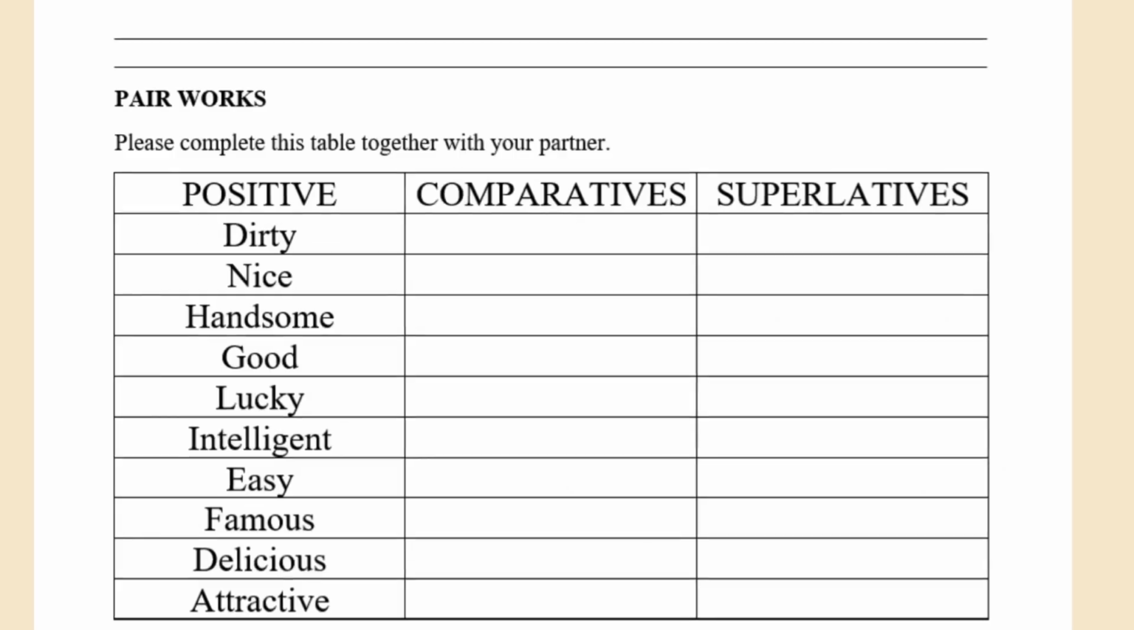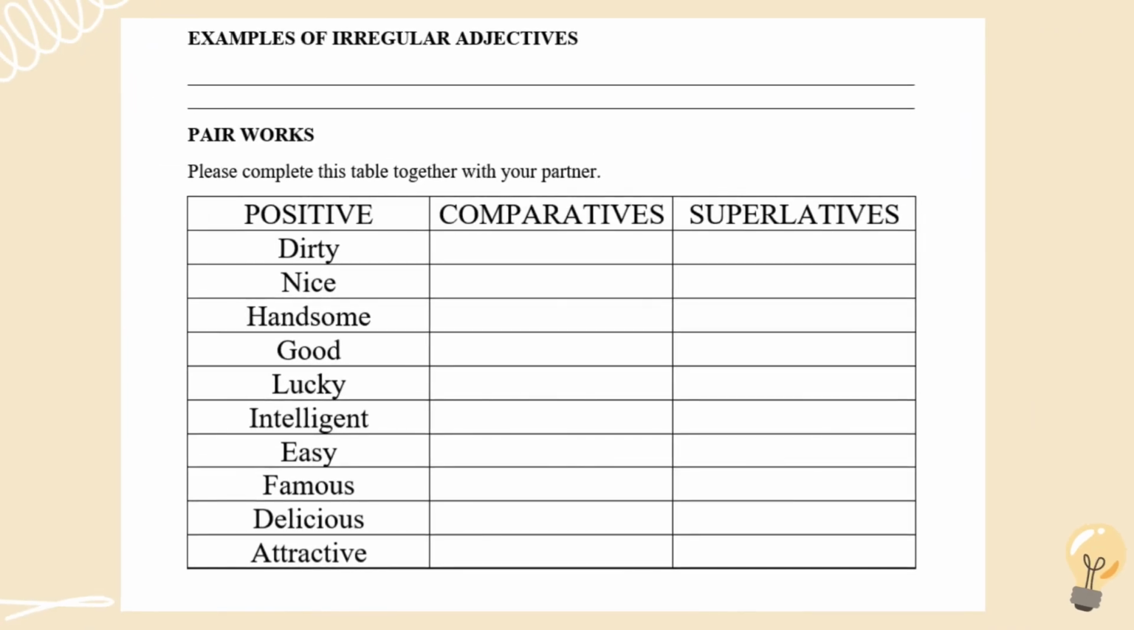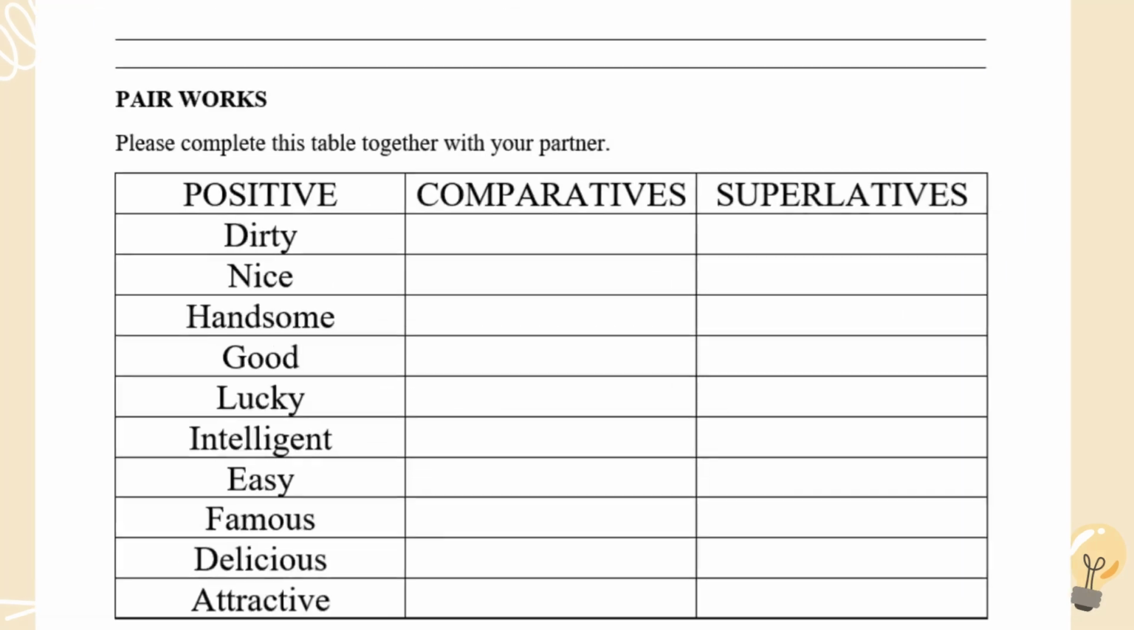Next, we are going to do some exercises about irregular adjectives. So you must get in pairs to do this exercise. Please complete this table together with your partner. You can look at the table being given to you. The words are dirty, nice, handsome, and so on. So you must find the comparative words for the words that have been given on the left side of the box, and then after you find the comparative word, you shall find the superlative words for it. Okay,